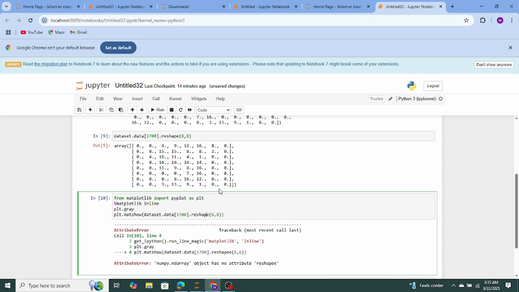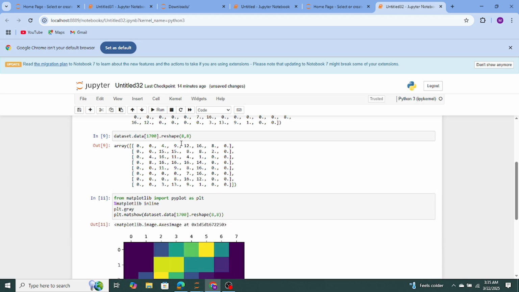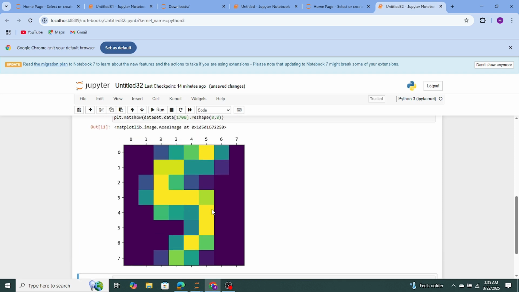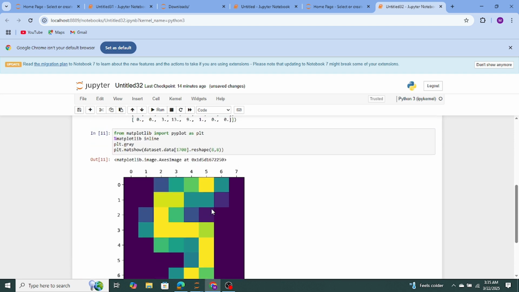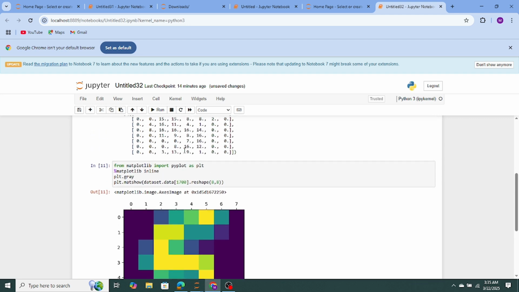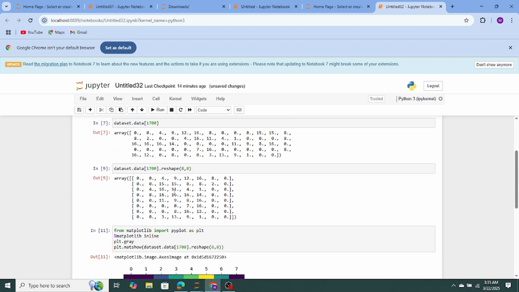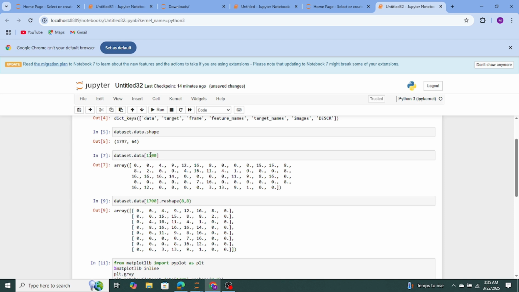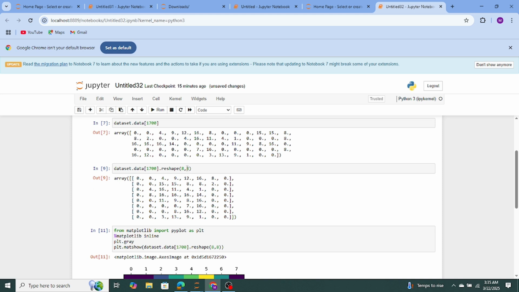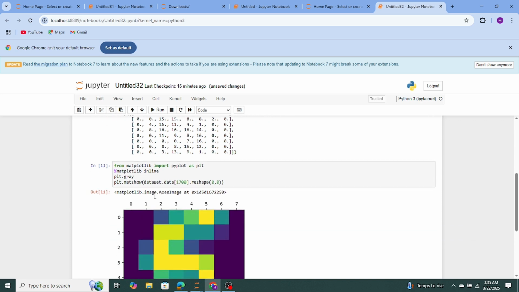This is the number 1700 digit. This digit, the 1700 row, is in a single dimension, but we reshaped it into 8 by 8 dimension. These are the figure numbers. But when we show that in the pyplot,